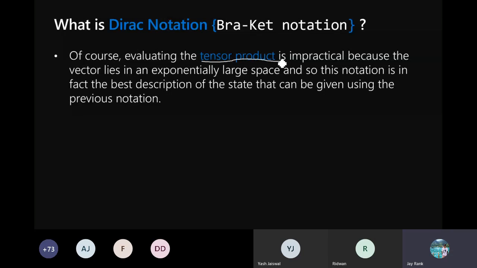Now, in order to overcome this drawback, Dirac notation was adopted as a standard notation for quantum computing, in order to simplify the forms of equations by using the concepts of quantum mechanics.